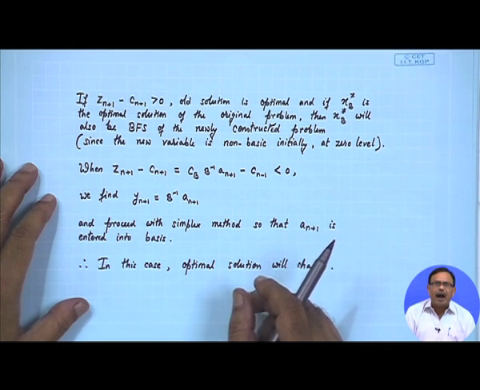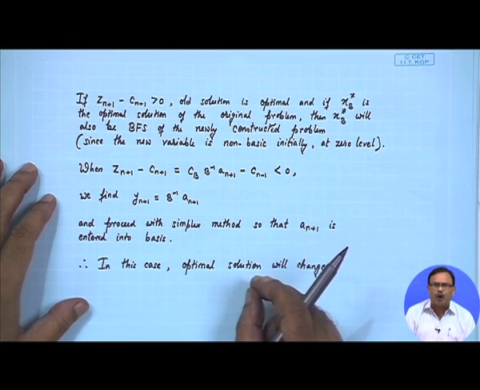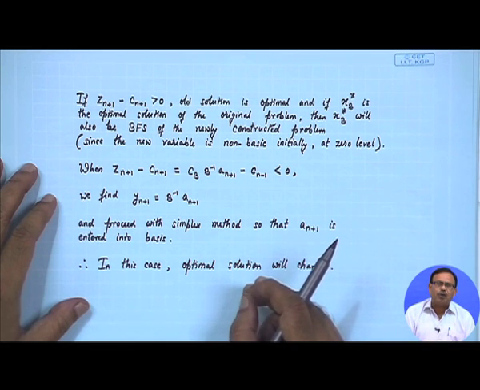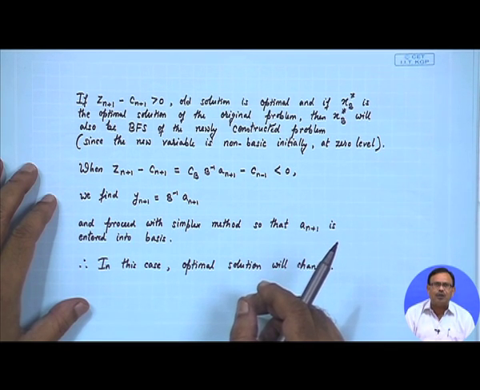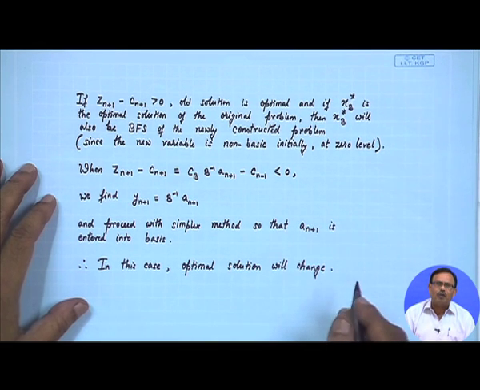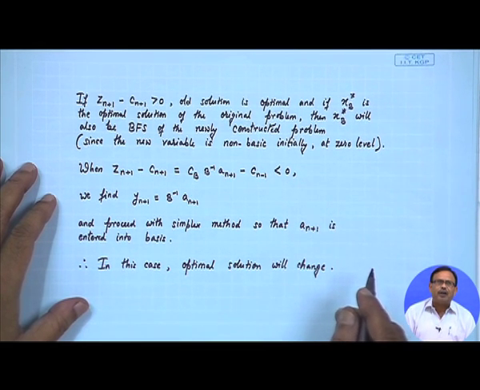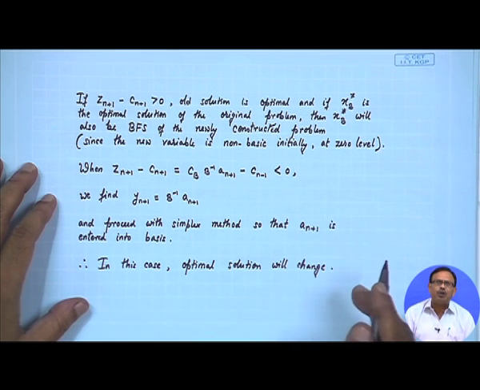So, if I have added a new variable xn+1, and the coefficient of the new variable xn+1 is Cn+1, and I find Zn+1 minus Cn+1 is greater than 0, then the optimal solution of the old problem will remain the optimal solution of the new problem. But if Zn+1 minus Cn+1 is less than 0, in that case I have to reformulate the problem, generate the new initial basic feasible solution, and use the simplex method